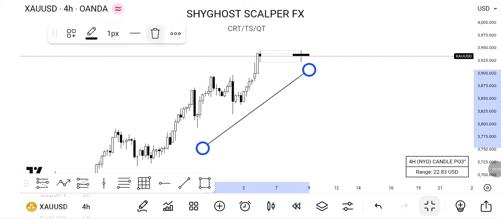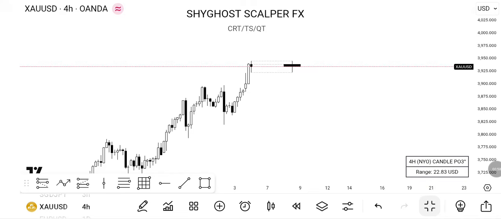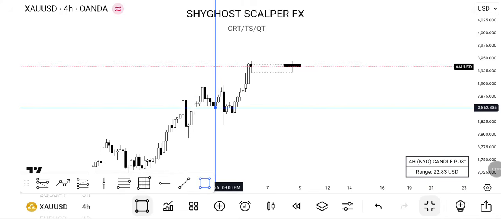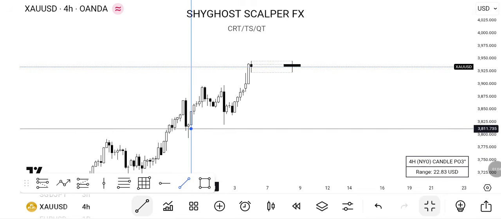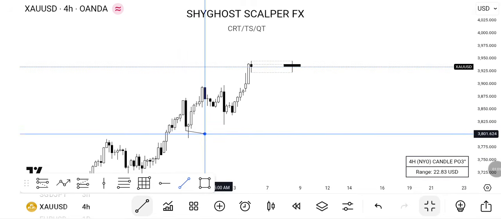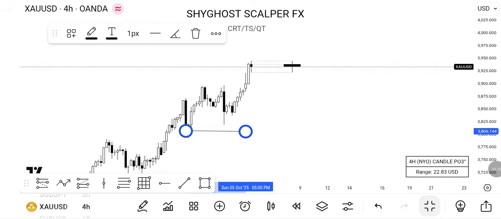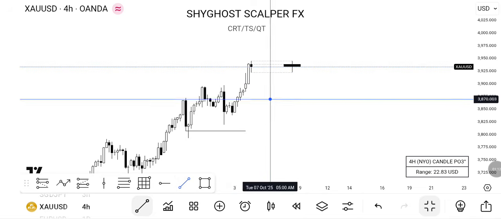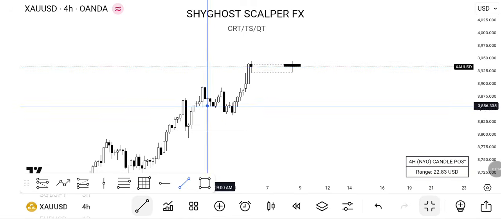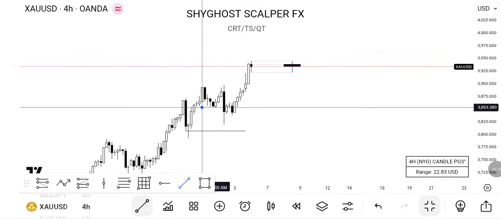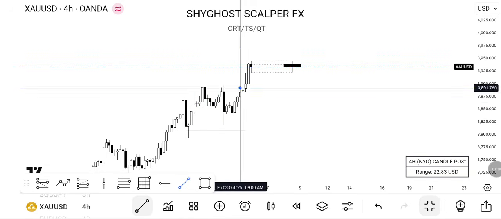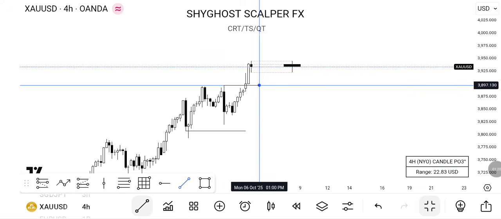So now, as we are in H4, when we are looking at market structure, this thing is sweeping lows, right? As it's sweeping lows, it's respecting highs. It's sweeping lows, it's breaking highs. So this candle here